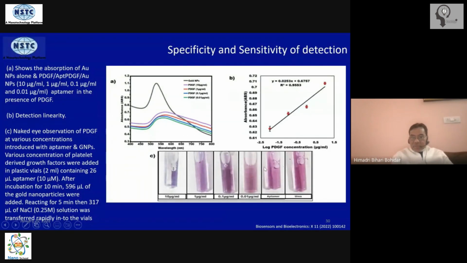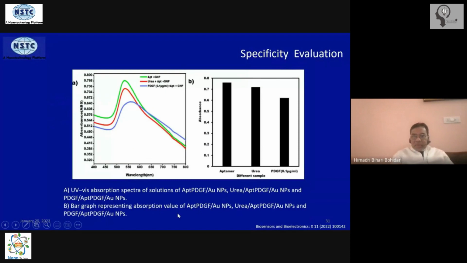Only the base molecule, the heptamer, when you add on the surface, it looks like this, is very much like this one. Interfering molecule like urea, if you add to it, no change in color. So it's not detecting urea. It's only detecting PDGF, which we wanted. So this is now quantitatively plotted here. With the heptamer, the sensitivity is so high, absorbance is so high. With urea, it's less. With PDGF